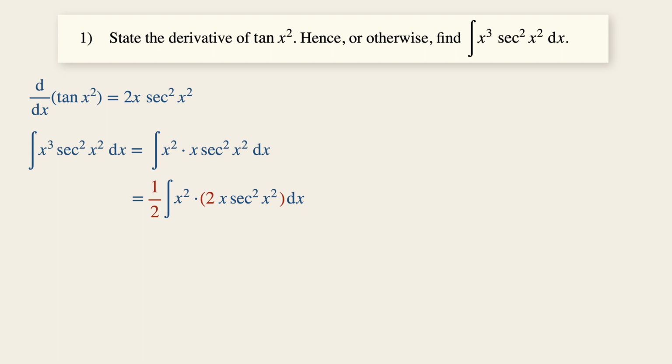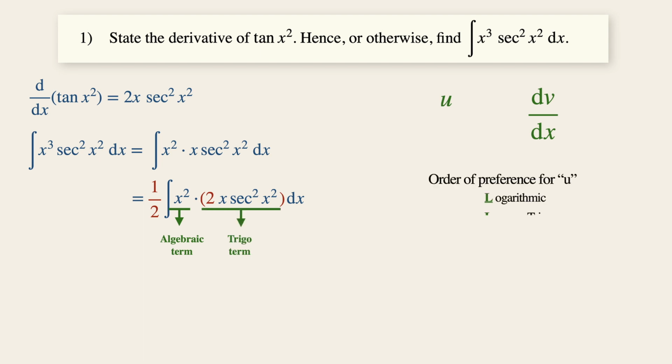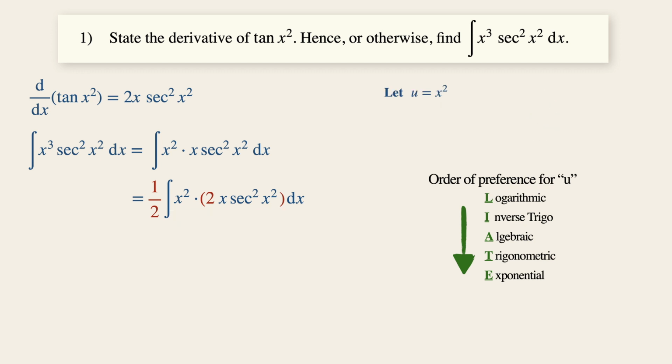Now notice that we don't really have a direct formula to integrate this expression, so we are going to integrate this by parts. To do so, we need to identify a u term and a dv over dx term. There is an algebraic part and a trigo part over here. So according to the order of preference for u, the algebraic expression takes preference over the trigo expression. Therefore, we are going to let u be equal to x squared, while dv over dx is equal to this